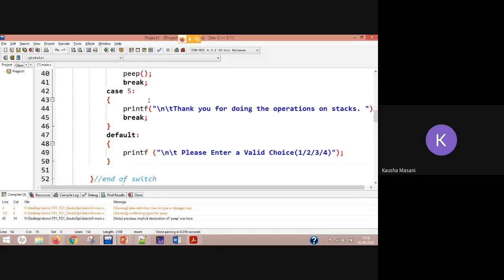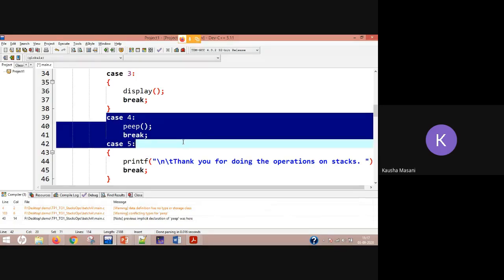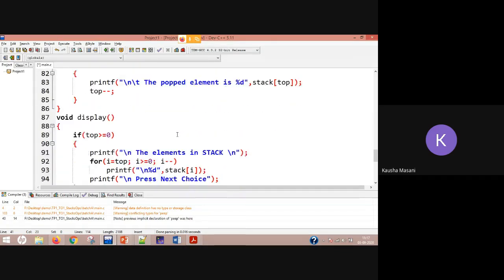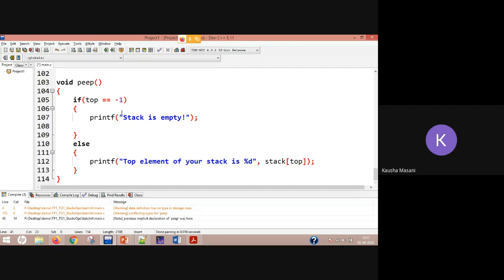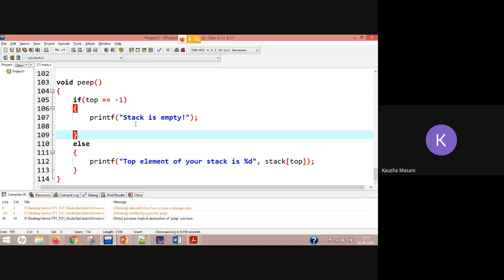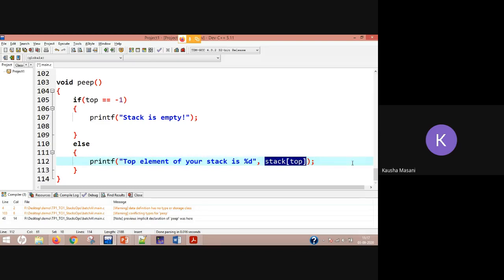So here you are going to add one more case, peep, in your switch case, and in peep you check with the if else condition. First, stack is empty when top is equal to minus 1. If it is not the case, one simple printf statement stating the top element of your stack is stack of top. Easy?